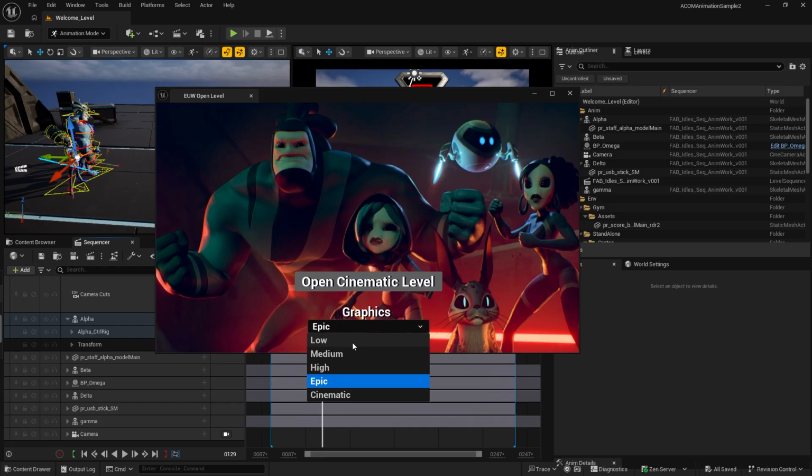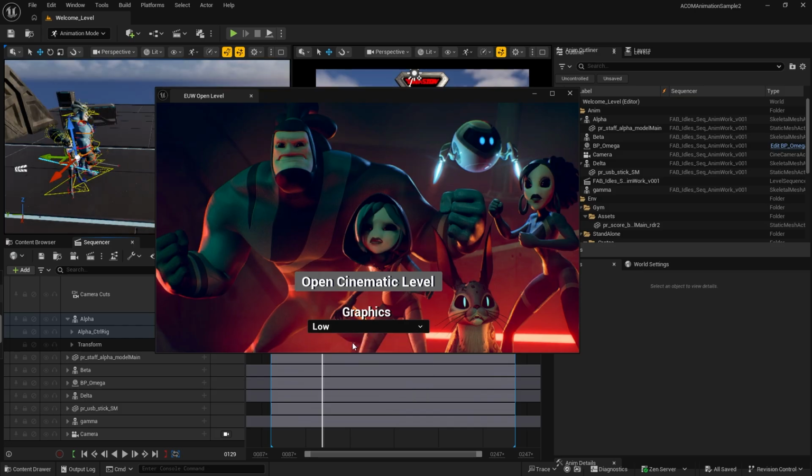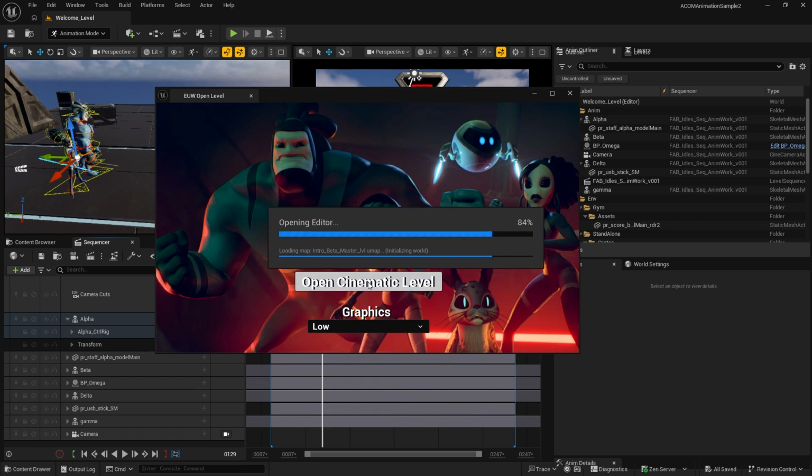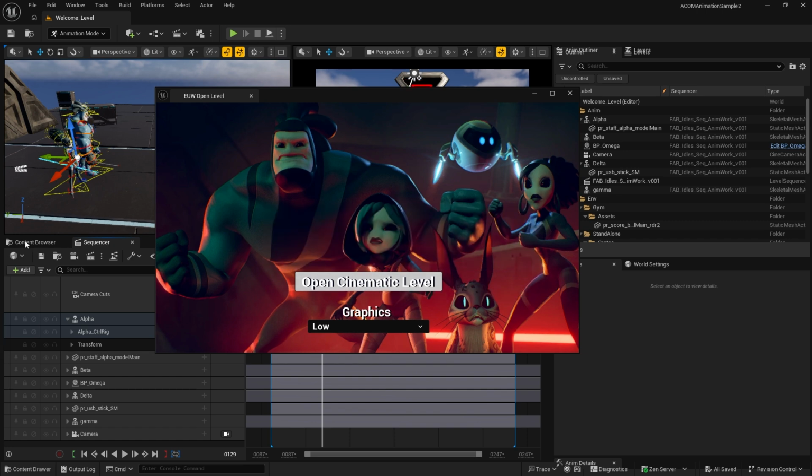It is a rendered output, not game-ready or production-ready for real-time content. Therefore, I suggest you start with low and then open the cinematic level. You can either click on it from here, Open Cinematic Level, or you can go to the content browser and find the level from there.